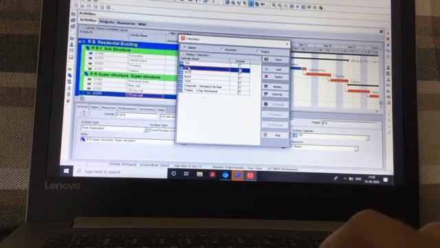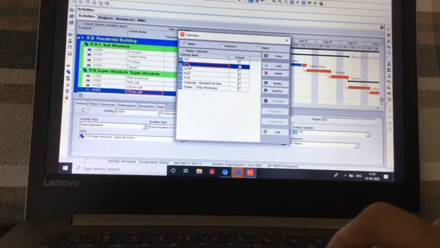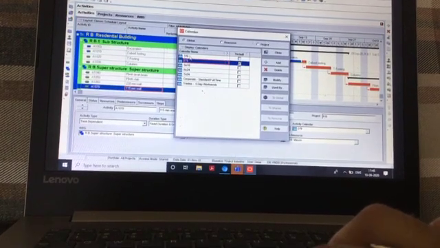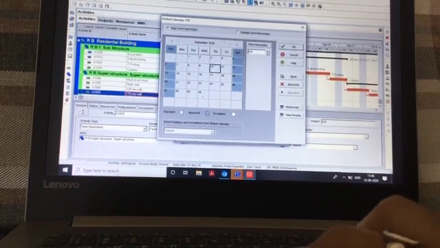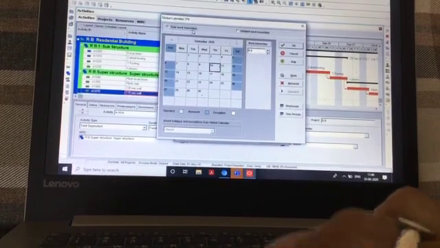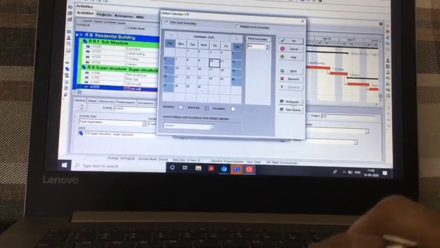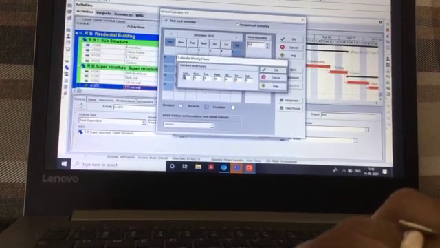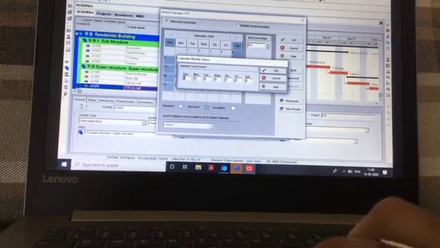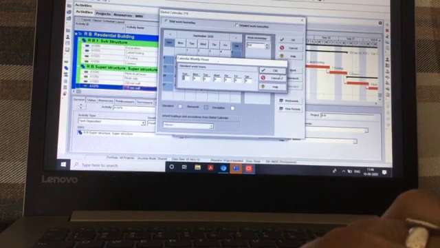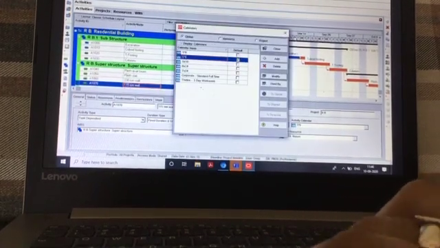So this is our default calendar now. 5x9, 5 days into 9 hours. Earlier it was 5x8. So if I want to modify it, I can go into modification. We have to click total work hours per day. Here you can see it is 9. Then if I go to work week, you can see that it is 0 and 0 on Saturday and Sundays, but 9 hours per day on work weeks. Okay, so this is how we have created our work calendar.